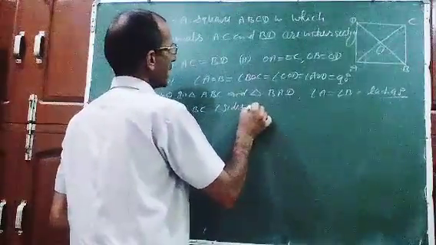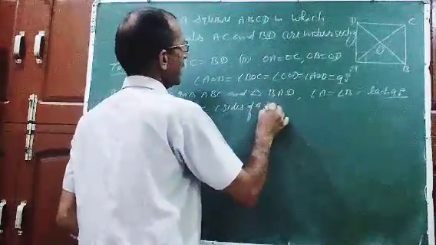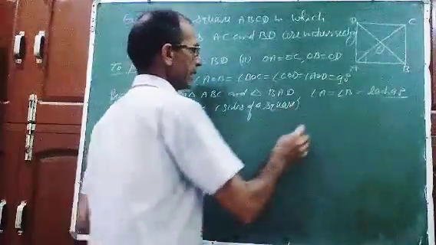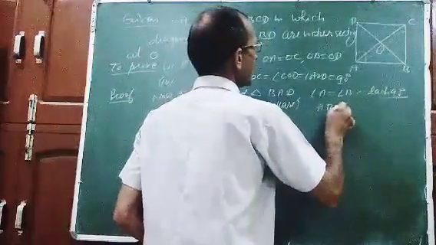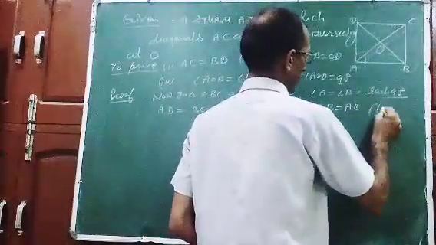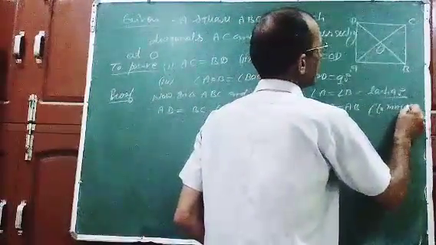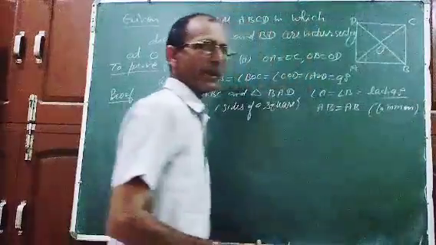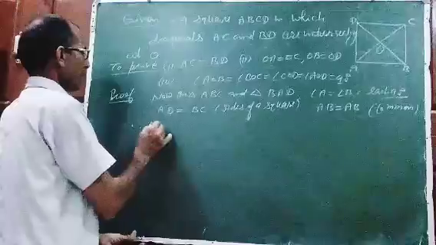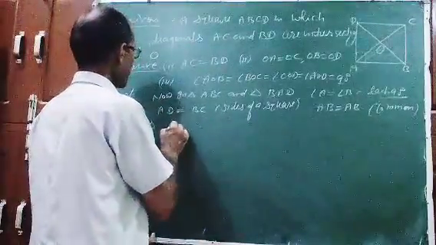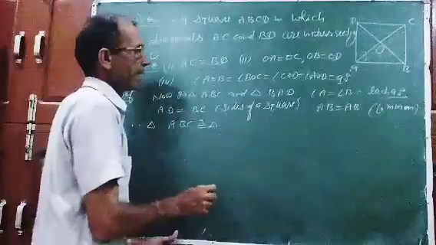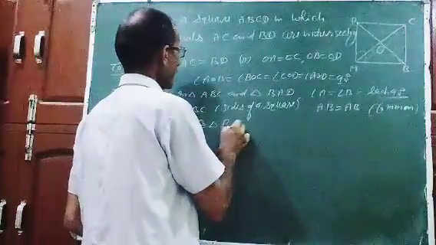sides of a square. And third, AB is equal to AB, common. Therefore, triangle ABC is congruent and similar to triangle BAD,